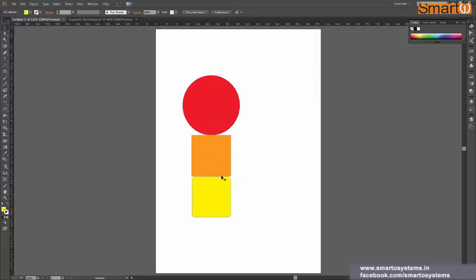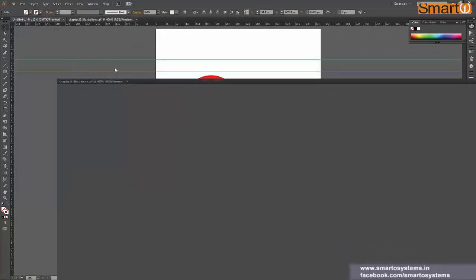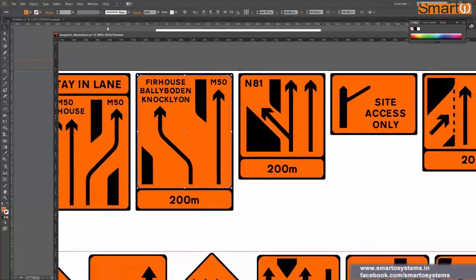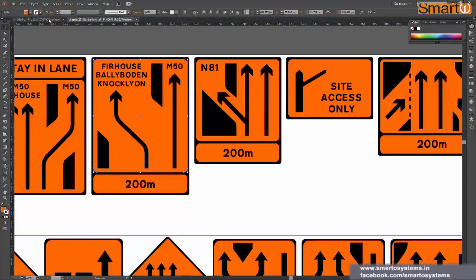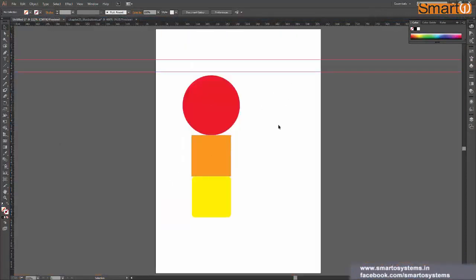And now let's see how grouping and ungrouping affect the guides. In Illustrator, guides almost work like objects themselves. I just undocked it, just a minute, dock me back, and there. So guides almost work like objects. You can select guides and move them around. You can even make shapes out of them, and you can lock and hide them. You can even group them.